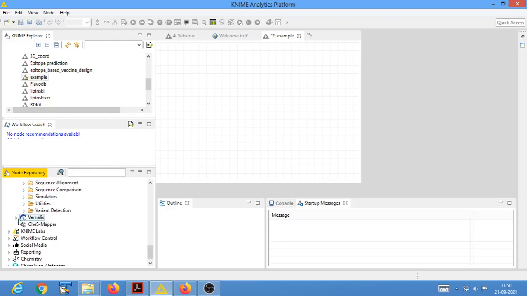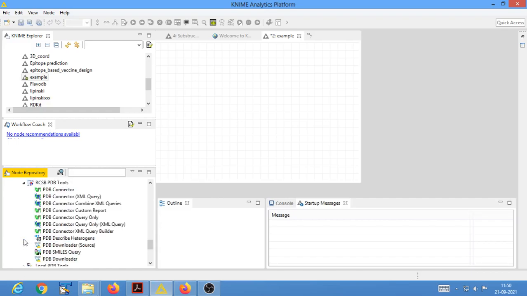Okay, well, say if you are interested in extraction of information from PDB, then you have this PDB tools in the Vernalis node repository. You can connect to the PDB database and download various information. You can connect to the PDB using the XML query builder and do very complicated searches without any human